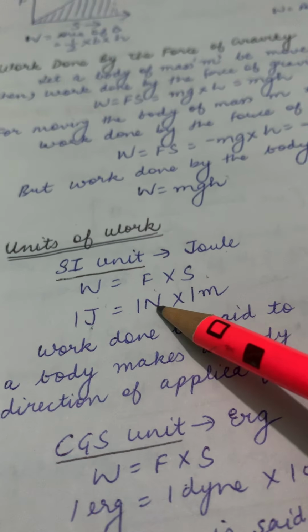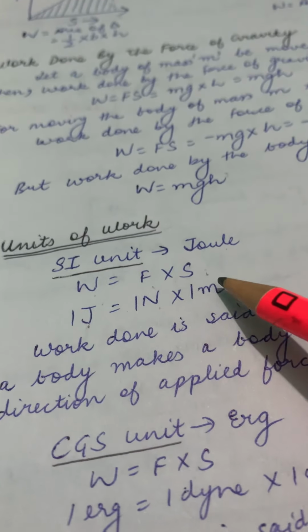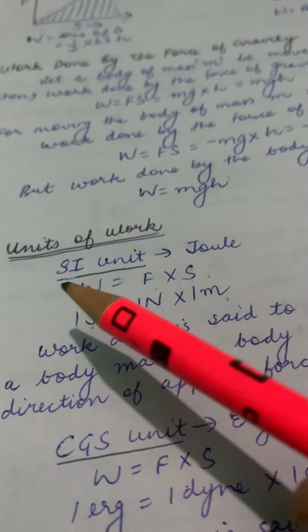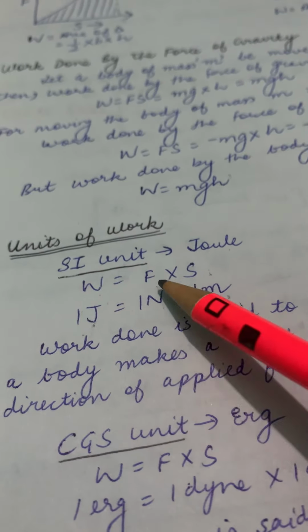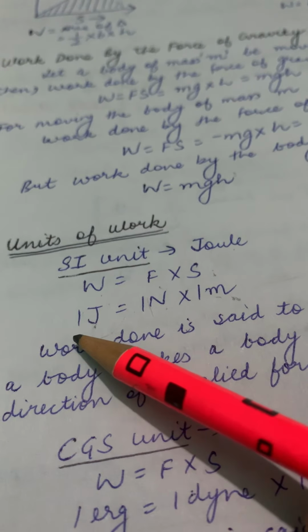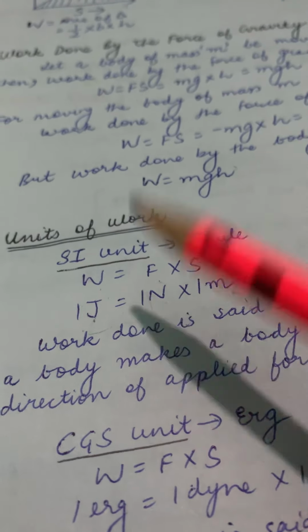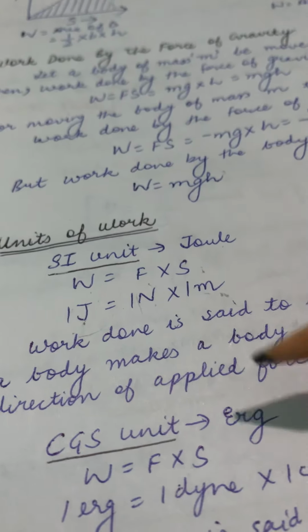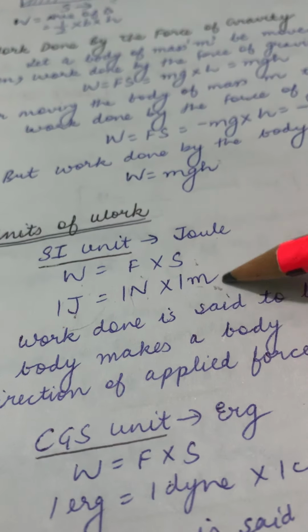Force is Newton. We have done in 9th standard. Displacement is meter. This also in 9th standard. So if I have to define 1 joule, means 1 Newton into 1 meter. So work done is said to be 1 joule when you are applying a force of 1 Newton on a body and the body covers a displacement of 1